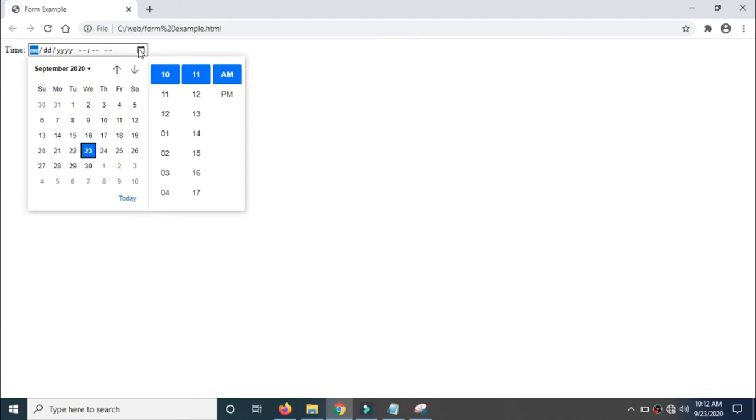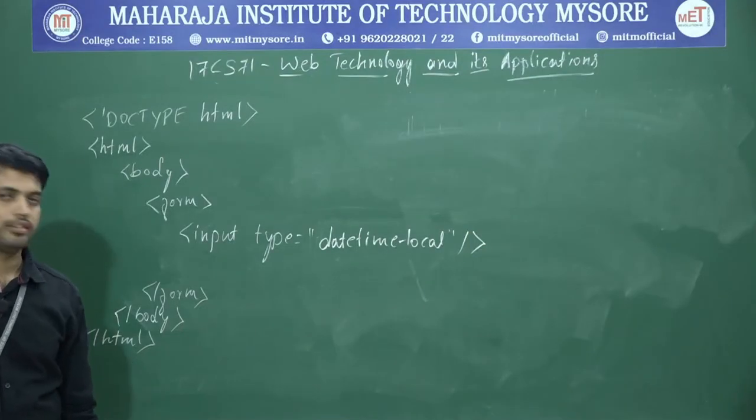Again if I click on this, you can notice that here it is 12. If I press enter, that time will be selected. That means here we can select both date as well as time. As I already mentioned, here we need not mention any time zone. By default it will take the current working system time zone. So there is a change, right?